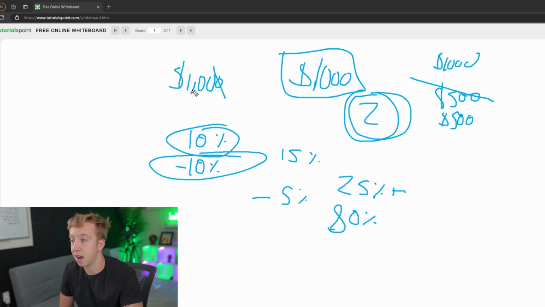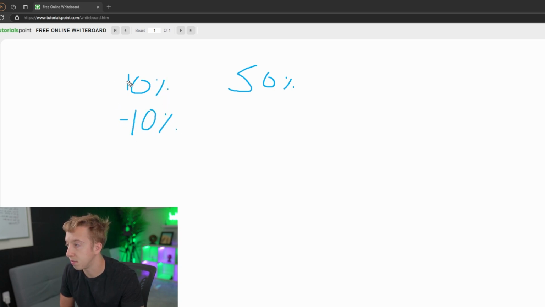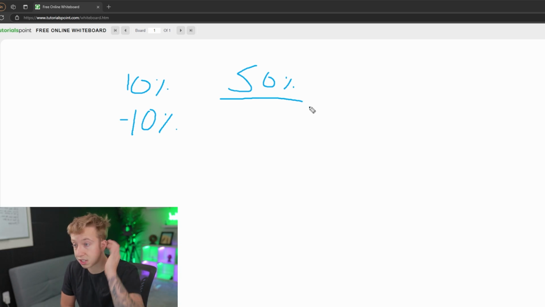Now that we got all the controllables out of the way, this will allow us to focus on one problem at a time. Now, let's say we start taking some trades and our win rate is 50%. We're taking the best, leaving the rest. Can't overtrade, anything like that. Let's say our win rate's 50%. We're going to be break even, right? 10% loss, 10% reward. We're at a 50% win rate. So the first step is to just get better entries.